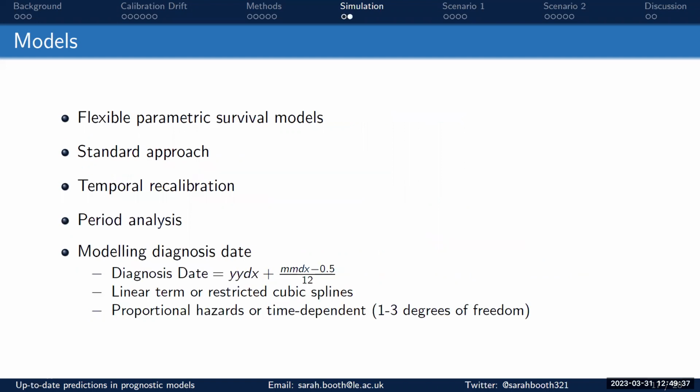So to do this, we use flexible parametric survival models to model our survival. This is an alternative to the Cox model, but here you're modeling it parametrically. It's a bit like a Weibull model, but just a bit more flexible, so it can capture more complex hazard functions. And then we were interested in comparing the standard approach, so not accounting for improvements in survival, temporal recalibration,